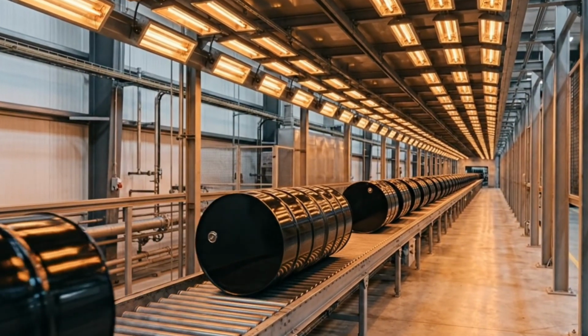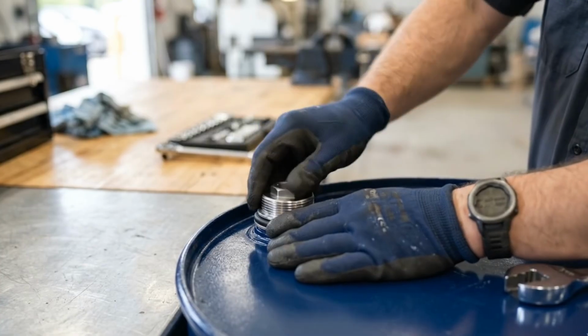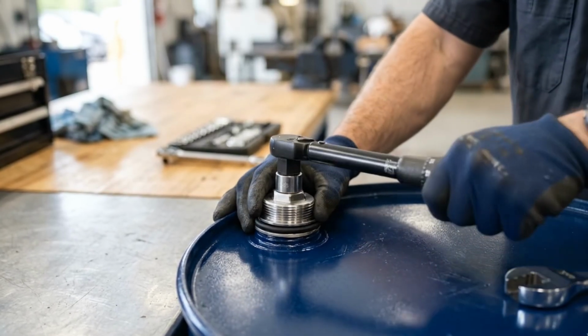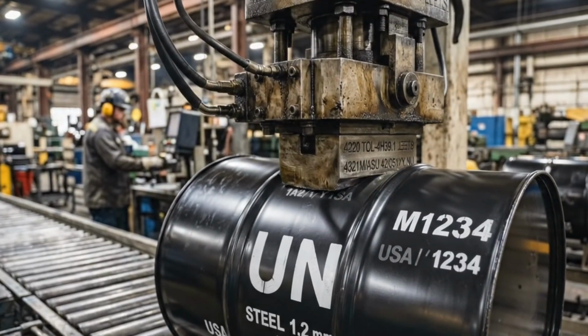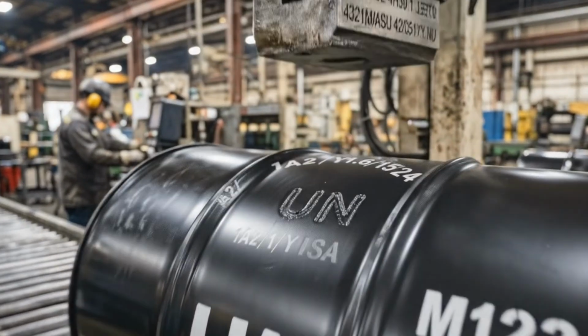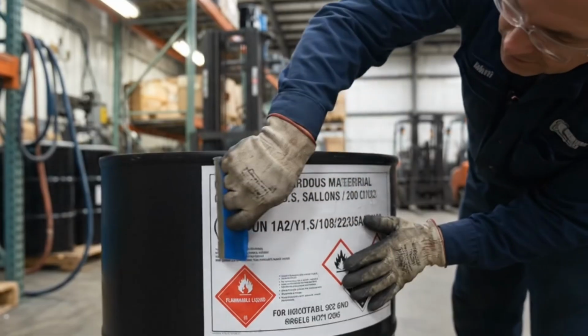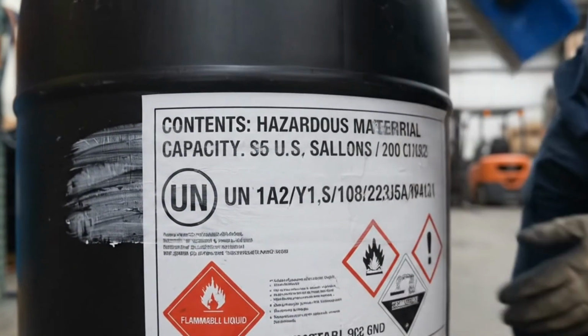On the outside, an anti-corrosion primer coat is applied through electrostatic spray, the essential base layer that ensures the final paint adheres and lasts for years. Then comes the final color coat, applied with robotic electrostatic precision. The drum is fully transformed, now gleaming in its finished industrial color. Freshly painted drums travel through drying tunnels where the finish hardens into a durable chemical-resistant shell built to survive years